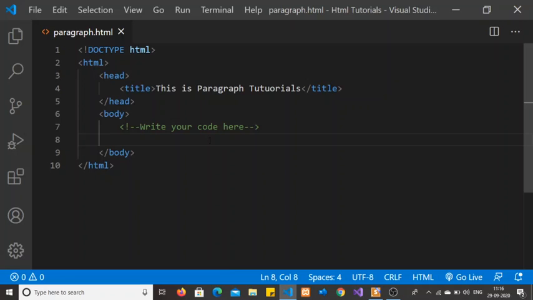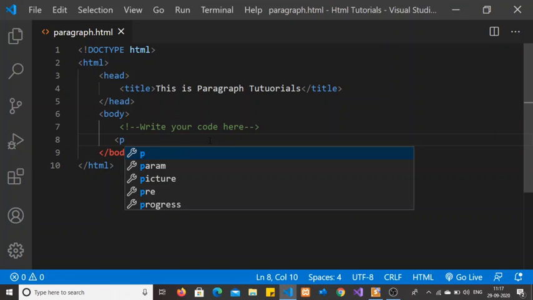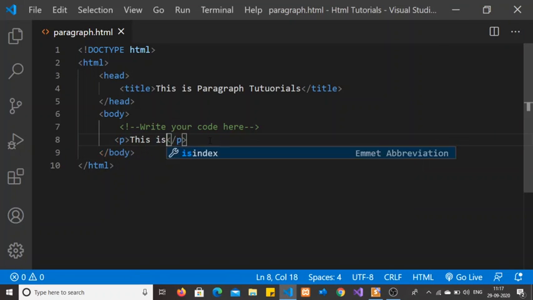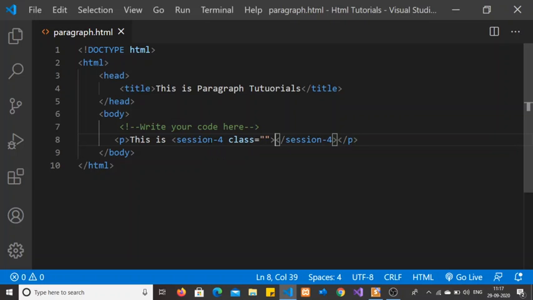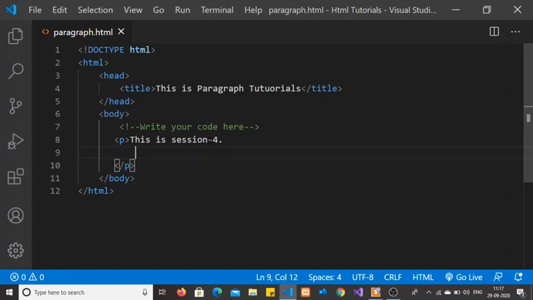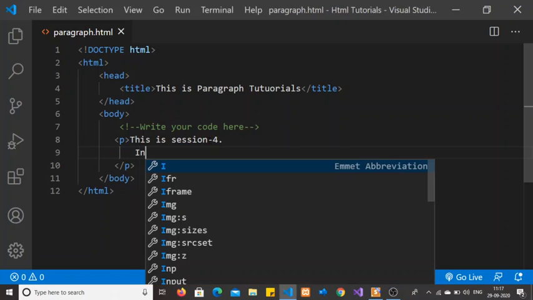I created a blank HTML document for the paragraph tutorial. Let's write some code. This is session 4.